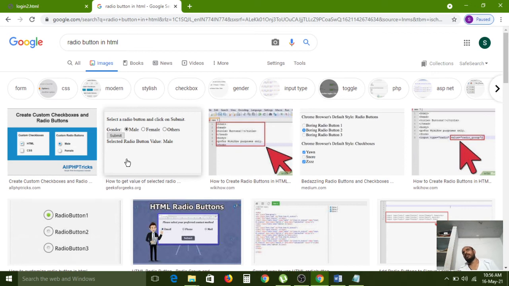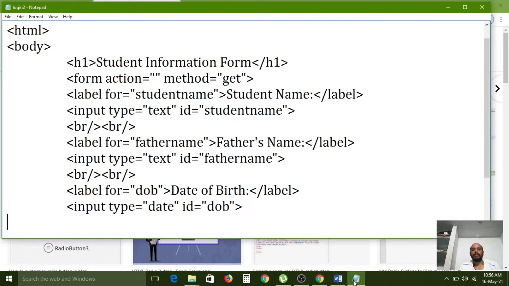While filling any application form, you have one option, gender. In that you have two options, male and female. You can choose only one option, na? So for that purpose we can use radio buttons, because with radio buttons we have to choose only one option.